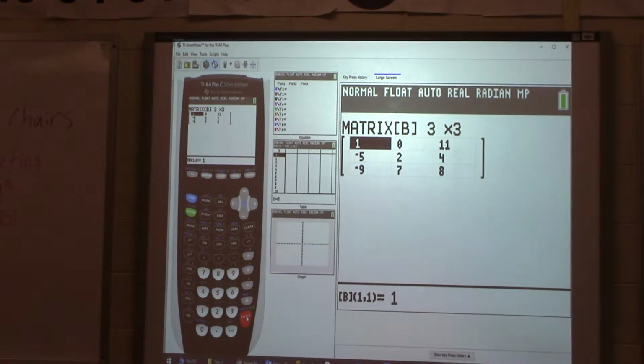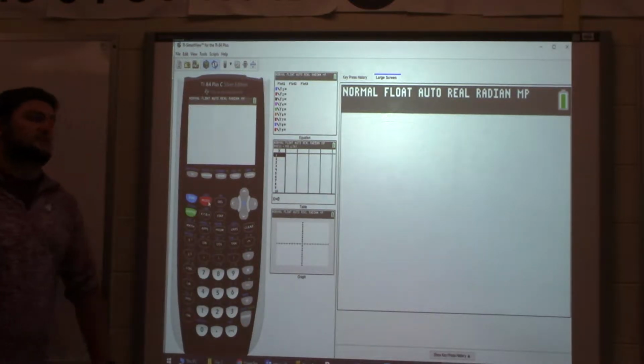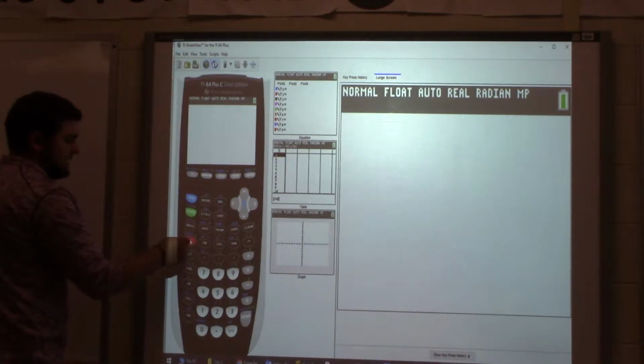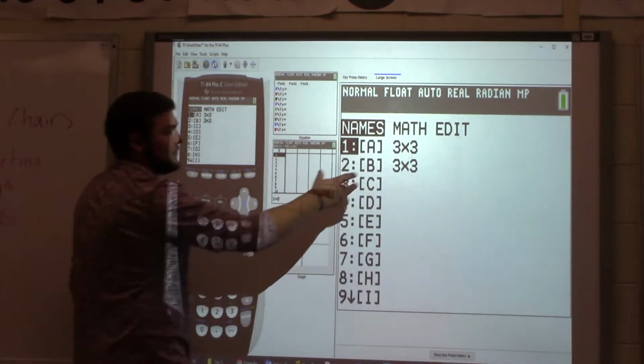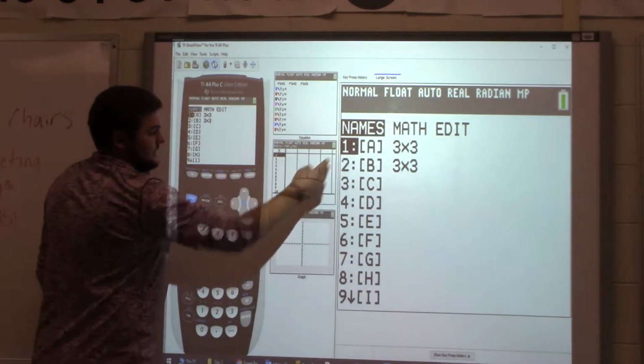If we're following along with the graphing calculator, yes? So then once again, hit second quit, so we want to go back to our main screen and we want that to save in there. To do our multiplication, what you're going to do is second, x to the negative 1. Now that we have them both in there, we are not going over to edit, we're staying on names. And we're going to hit enter on A,